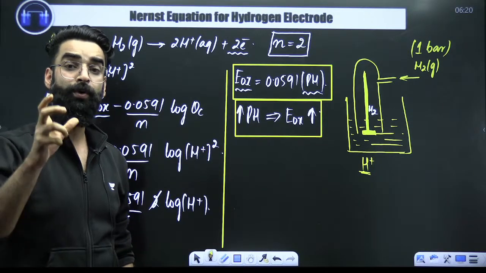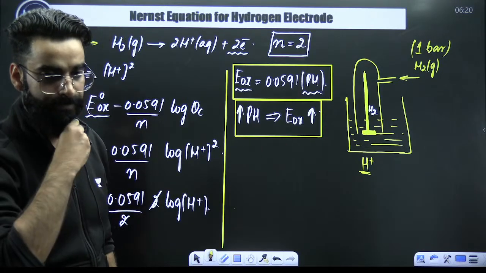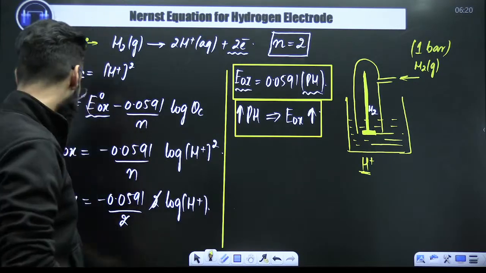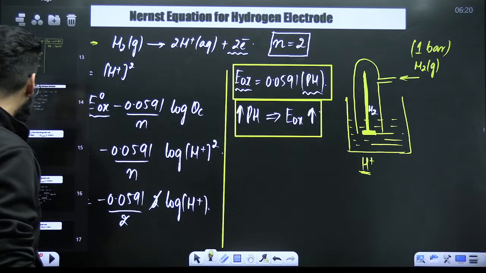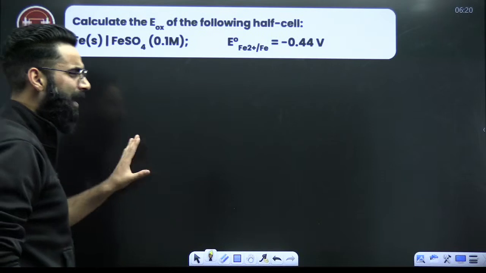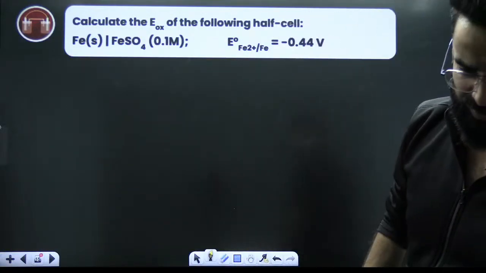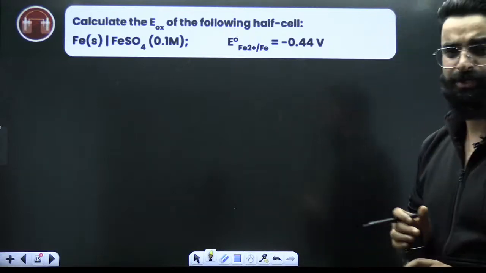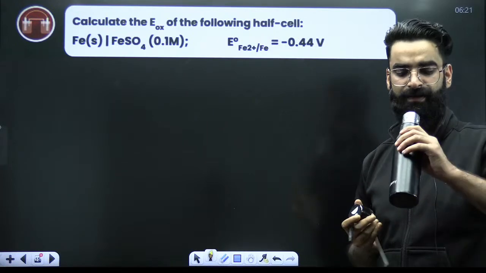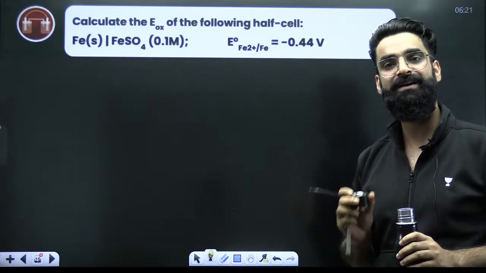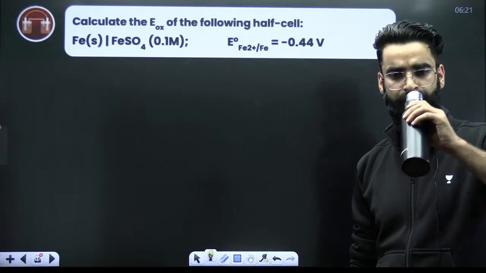So I hope you got to know how exactly we are going to use the Nernst equation for a half cell. Okay? So now, my dear students, let's try to solve a few basic questions so that you can understand all these things properly. Look at the first question. From this particular question, you'll exactly get the idea of how we use the Nernst equation for half cells. All the types of questions which can be asked from the Nernst equation, I'll be solving all those types of questions here only, right?